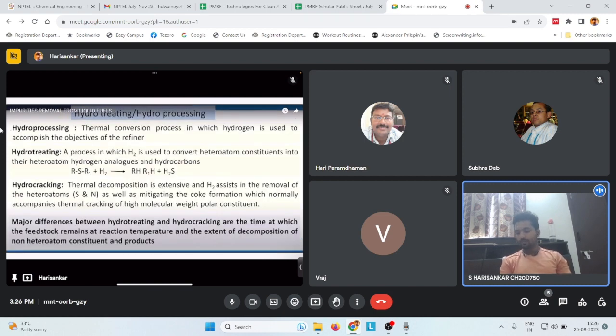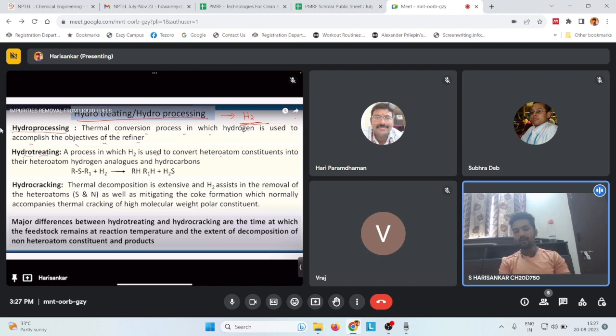And after sweetening, we have one more process, basically hydrotreating or hydroprocessing. In very simple terms, what we do in this hydrotreating or hydroprocessing is that we just add hydrogen to the oil at high temperatures and pressures to remove the sulfur and nitrogen compounds. So, hydroprocessing basically is the thermal conversion of the process in which hydrogen is used to accomplish the objectives of the refiner, which is basically to remove the sulfur based compounds. And then you have hydrotreating, which is also again using hydrogen to convert heteroatom constituents to their heteroatom hydrogen analogues